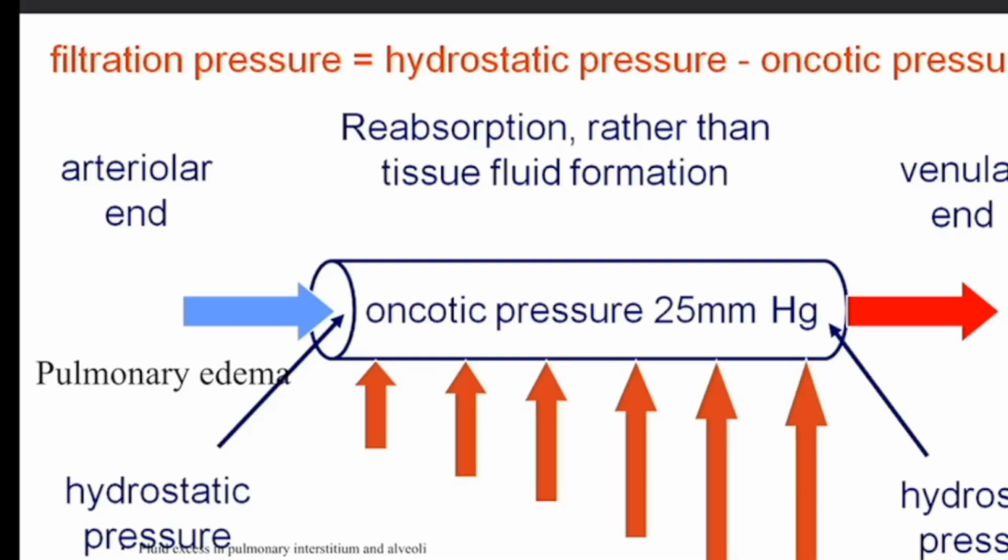So we can see, this is the venular end, venous end of the capillary. This is the arterial end. When the pressure inside the capillary increases, the venous end increases, the fluid will start transmitting into the interstitium, the Starling slope. So, read about the Starling slope. And when somebody with heart failure comes with breathlessness, the basic pathology, you should remember, is the development